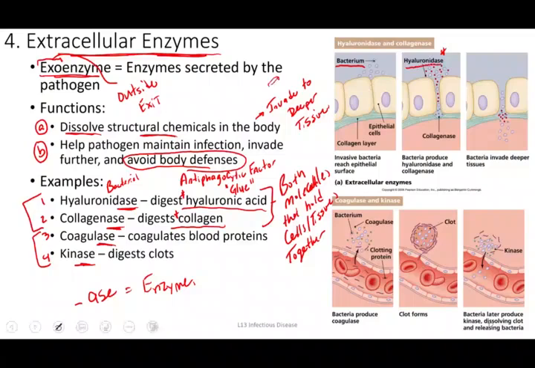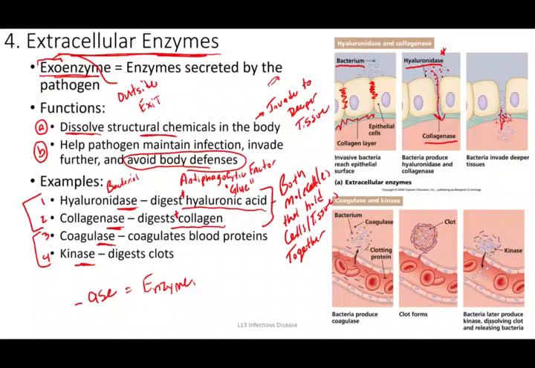hyaluronidase. And so normally there's this glue that holds this cell and holds it down into that basement membrane. And so if a bacterium can make that hyaluronidase, then it can digest that glue holding these cells together. And so the bacteria have the ability to get deeper into the tissue than they would if they didn't have that enzyme. And then if you have that same bacteria also make collagenase, well, if collagen is important in holding these cells together down here and this tissue together, then now the bacteria can invade even deeper. So not every bacteria makes hyaluronidase. Some make only hyaluronidase, some make collagenase, some make both, some make neither.